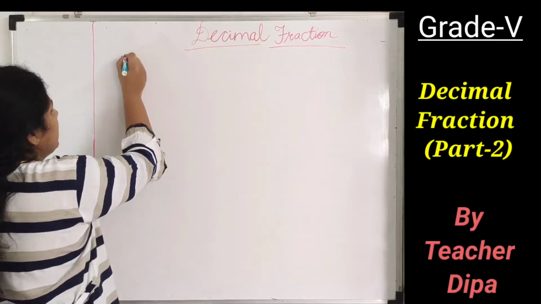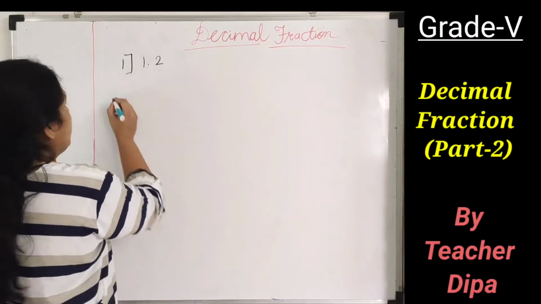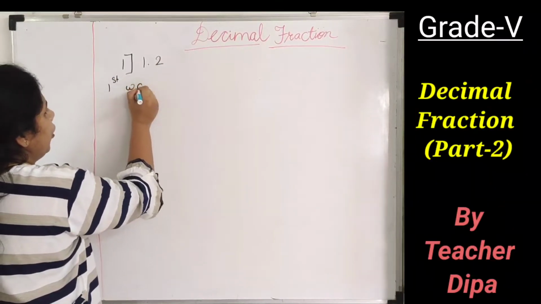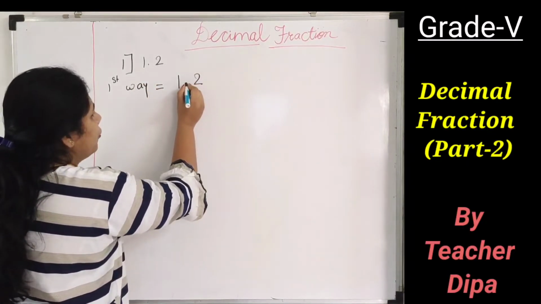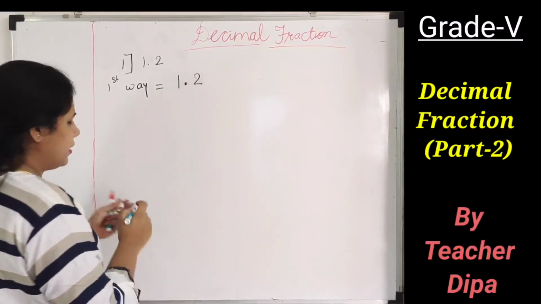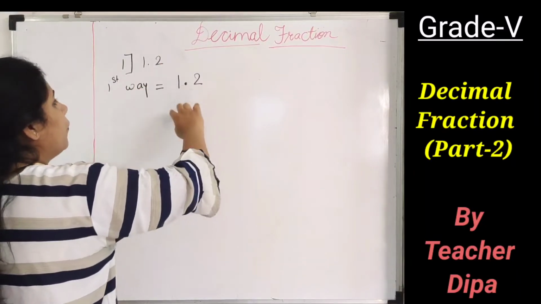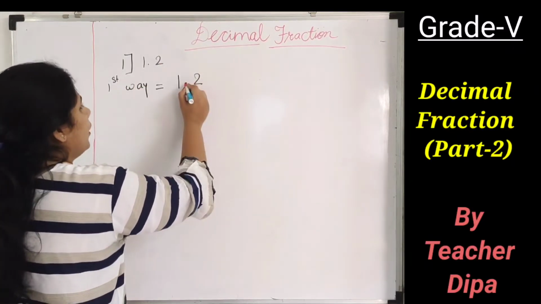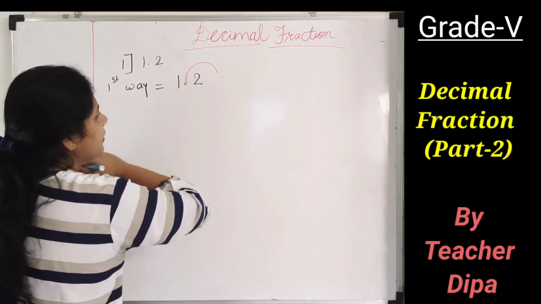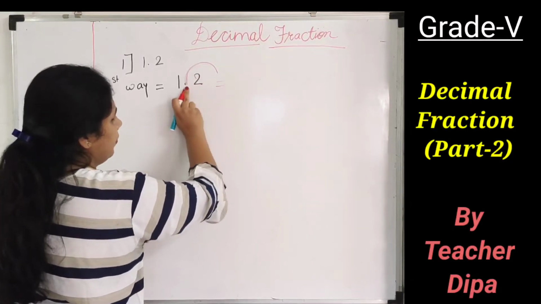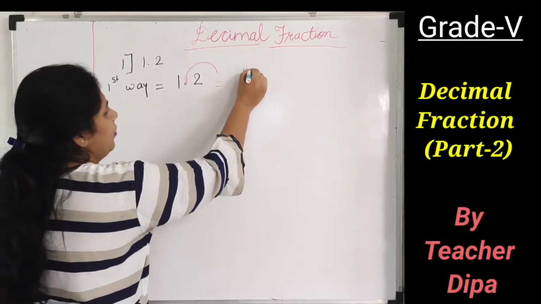I am taking a simple example, that is 1.2. Now the first way to solve this sum is very simple. Just check our number, that is 1.2. You have to check how many numbers are there after the decimal point. Here only one jump we can take. It means we will remove this decimal point, and as we have only one number, we can write only 10 below that, and this 12 will be as it is.